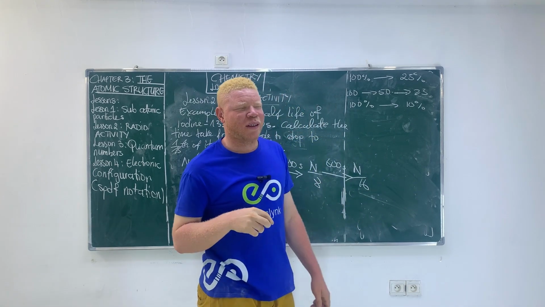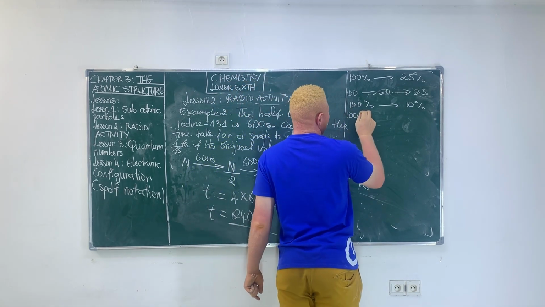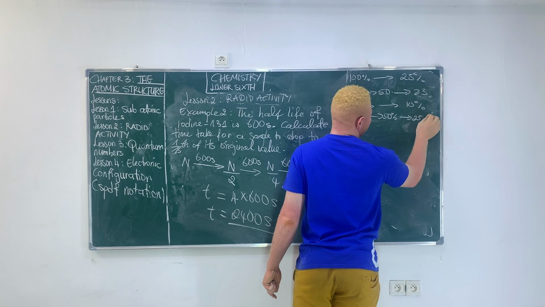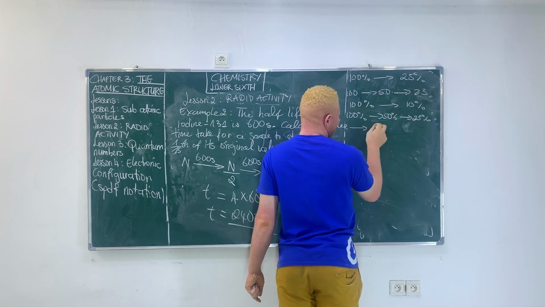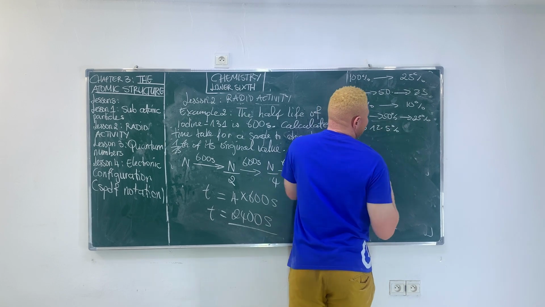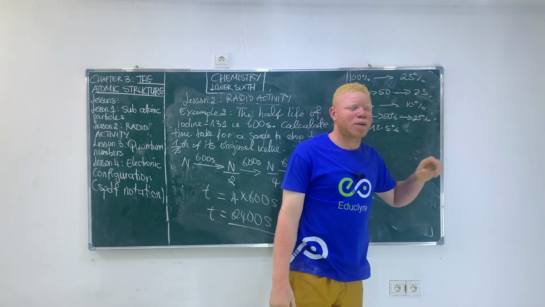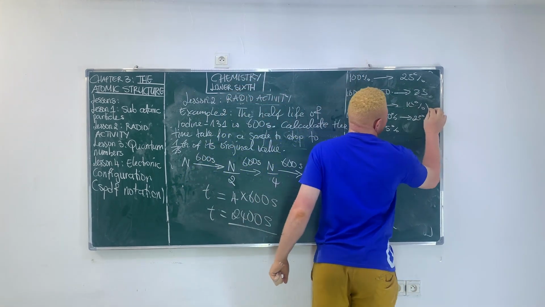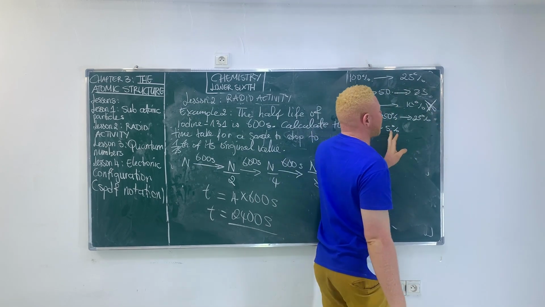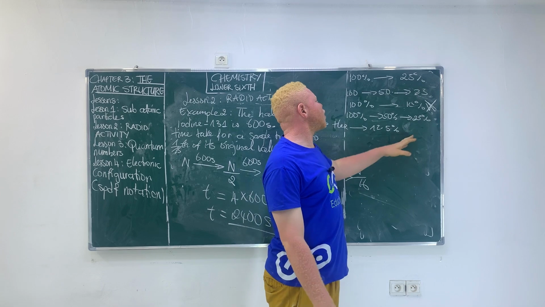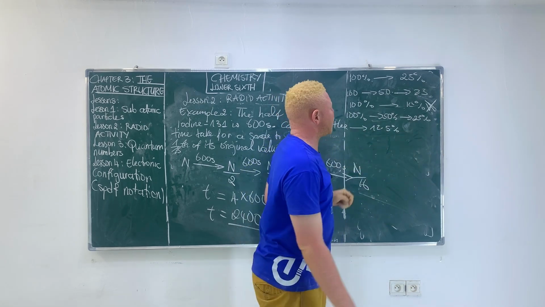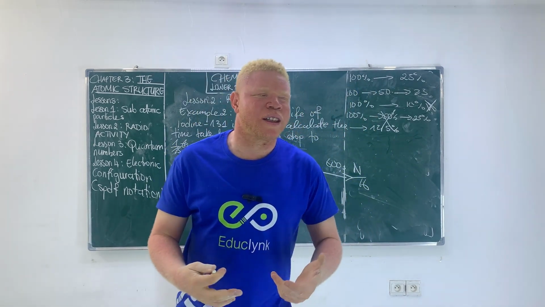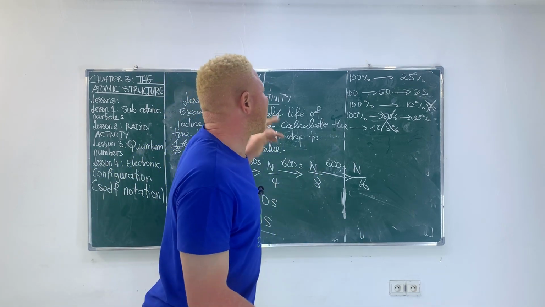So let's do the decomposition and see. It's going to be 100. Half of 100 is 50. Half of 50 is 25. Half of 25 is 12.5. You see that 10 does not appear in this sequence of values, and after this it will be 6.25. That's why this method cannot be used for this type of exercise. It's impossible. So it's usually advisable to use the decay equation, because the decay equation doesn't care whether 10